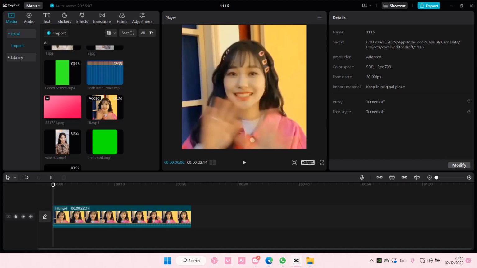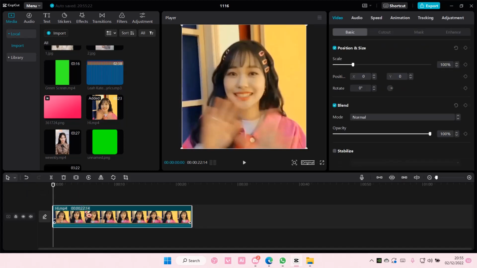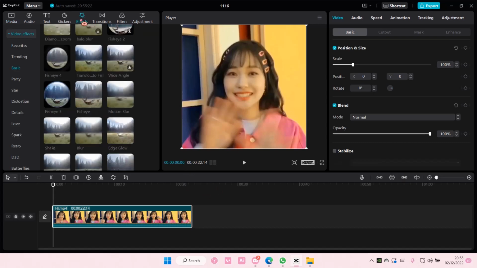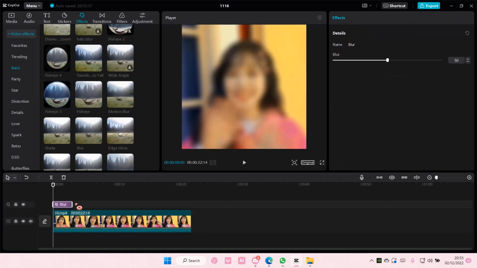In this video I'll be showing you guys how you can blur a background in CapCut PC. So select your video and just press copy first, like right click on it and press copy, and then don't paste it yet, but just go to effects, go to basic and add in a blur like so, and then